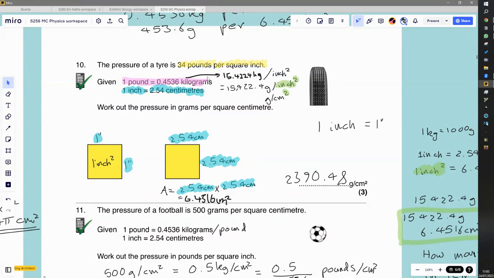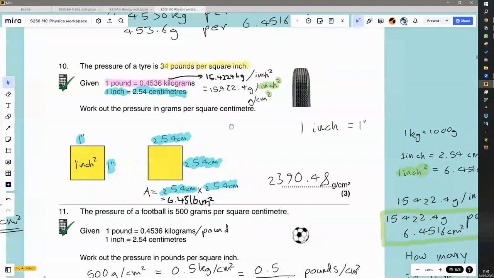So we've got a starting value of 34 pounds per square inch, which I've just learned is what PSI stands for. I didn't realize. So 34 PSI, pounds per square inch. And we're trying to convert it into grams per centimeter squared, which is actually a weird unit as well. It should really be newtons per centimeter squared or even newtons per meter squared, but grams per centimeter squared. So 34 pounds per square inch means 34 pounds in every square